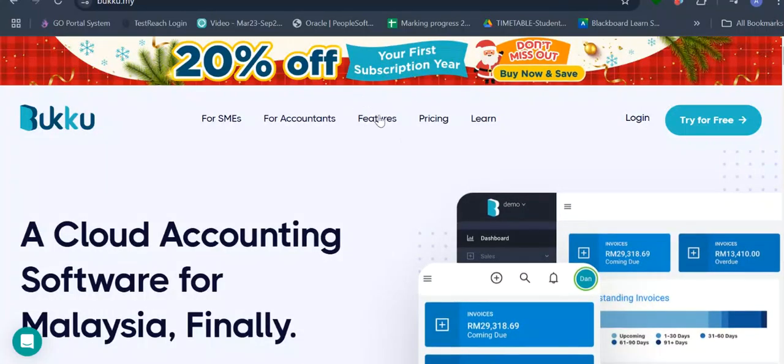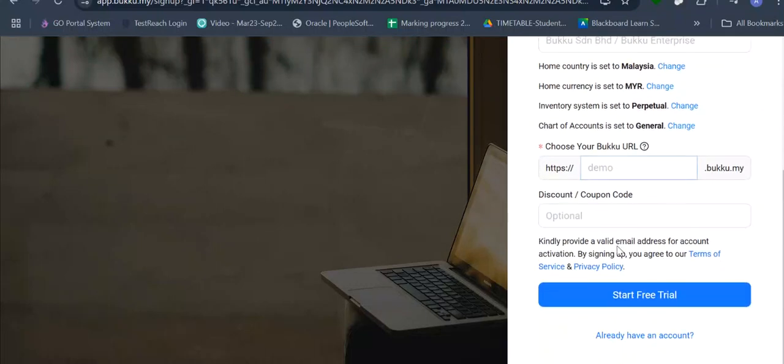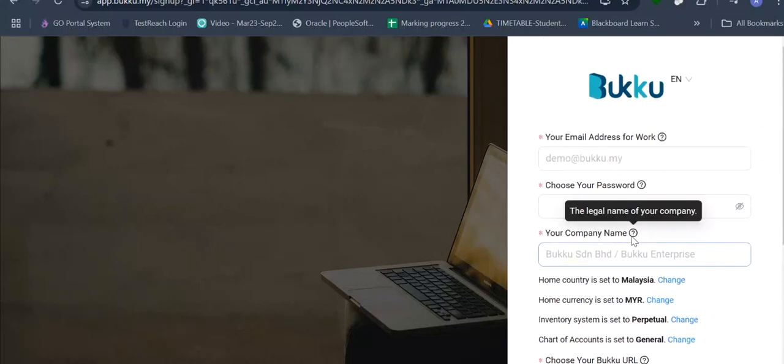Oh, excuse me. So they bring you to here. Then if you do not want to commit first, you want to try first, then you can click this one, try for free. Okay, so once you got try for free already, then you go to insert. Very simple thing, just a few minutes you can get it already.